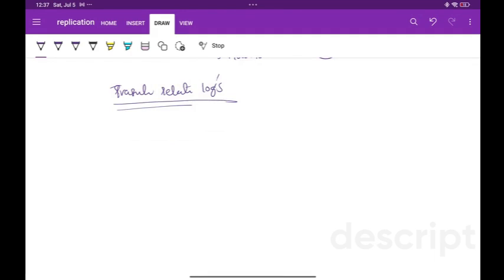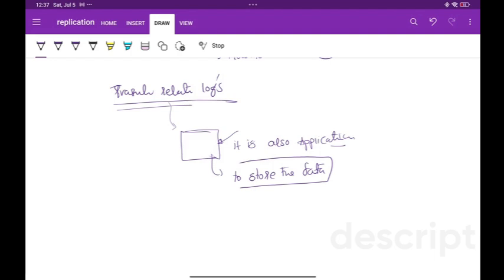before that, SQL Server is nothing but it is also one application. The purpose of this application is to store the data. So the SQL Server application takes the responsibility to store the data. That's it. But